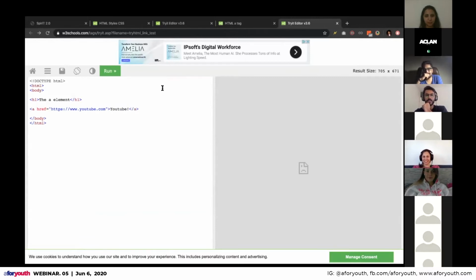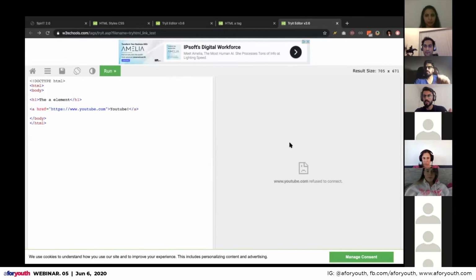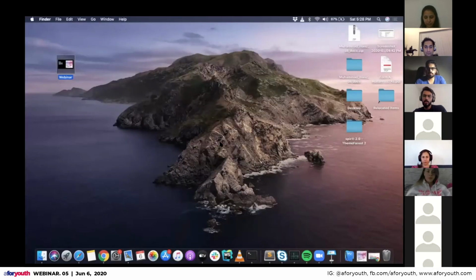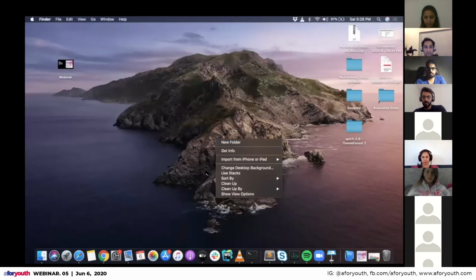It has to do with this editor as well, because this editor actually opens up a new website inside its own editing. It's like another web browser inside the web browser. So we can copy this and create a new file here.